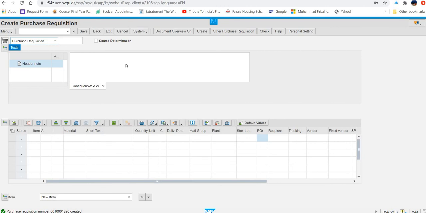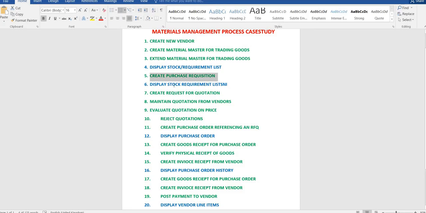Also in the video, I cannot make the video long unnecessarily. If it is required, it is okay. Otherwise, it's not good to just extend the video unnecessarily. Now the next step is, again, if I show you, display stock material listing. So again, I'm not interested in performing this. So let's go to the next step, that is create request for quotation, RFQ. In shorter form, we call it RFQ.